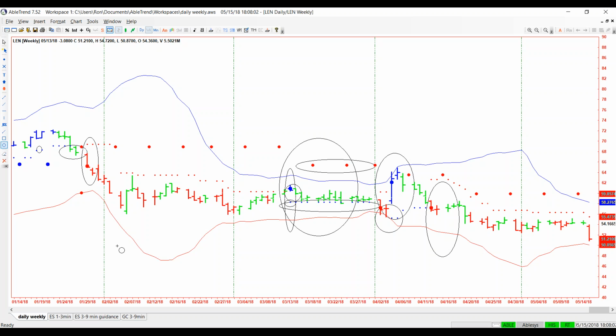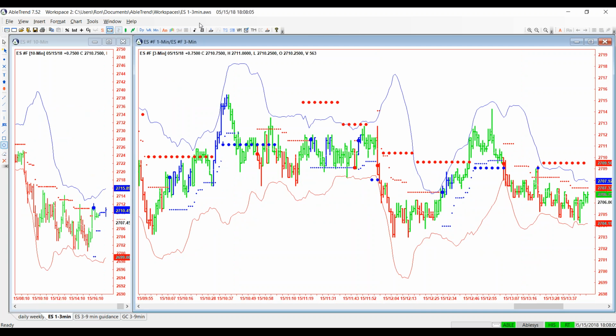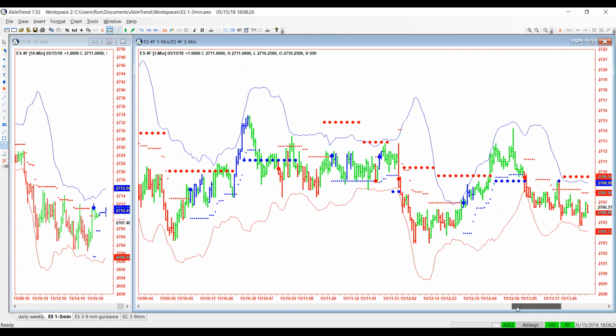Real choppy day today on the ES or day trading charts. It's been a great month overall. Actually, it's been a great year overall. But today, really ugly, choppy day. And that's why I want to show this 1 minute, 3 minute E-mini S&P chart, because it was such a choppy day. And this is where we really want to test out the signal on a day when nobody won